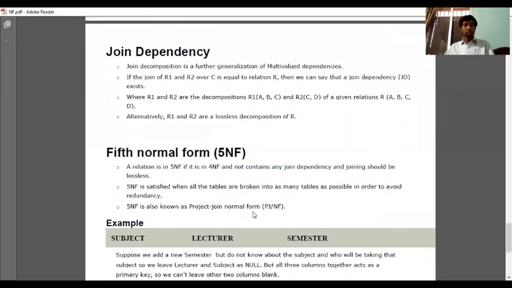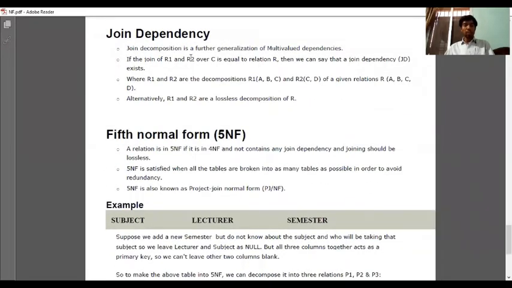Now come to the join dependency. Join decomposition is a further generalization of multi-valued dependency. If the join of R1 and R2 over C is equal to relation R, then we can say that a join dependency exists, where R1 and R2 are the decomposition R1 ABC and R2 CD of a given relation ABCD.